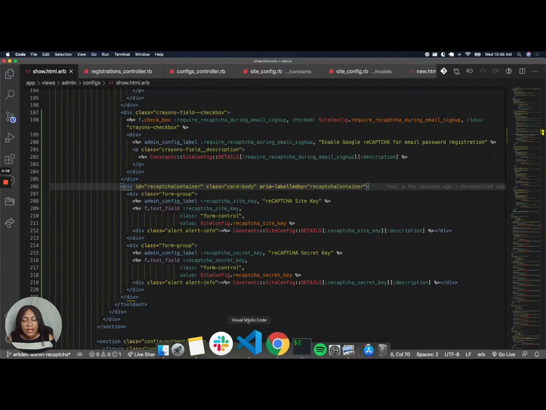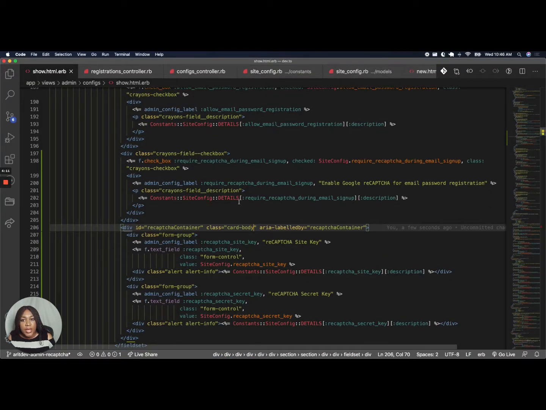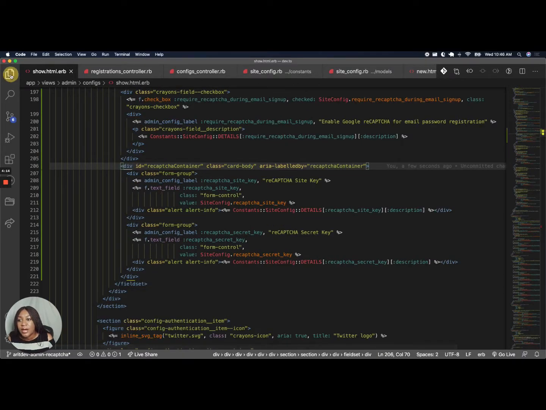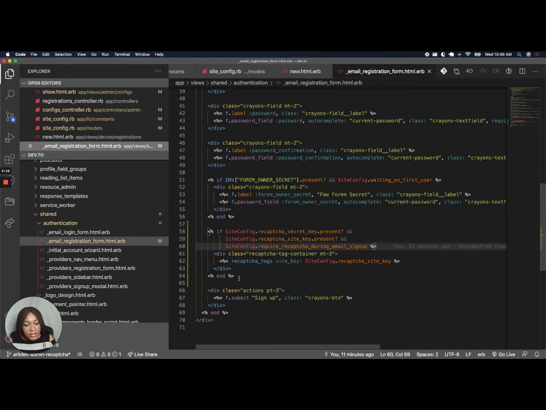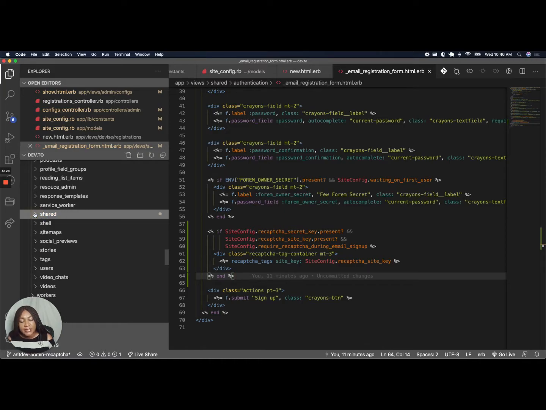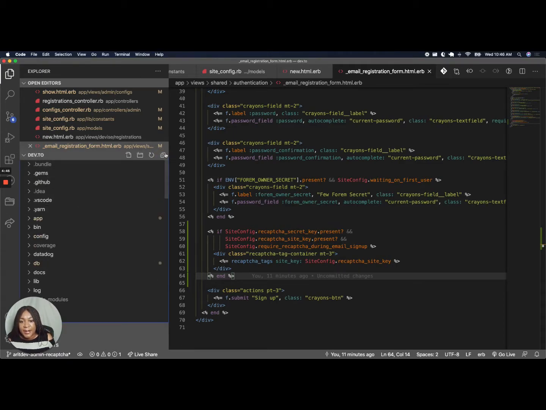In the code base, let's go to our registration form. We pulled this block of code from the feedback messages form, if you remember, and repurposed it for our use. But what I now need to figure out, and this is probably going to live in the controller, is how we actually prevent the action from happening if the ReCAPTCHA hasn't been completed. So let's go back to feedback messages, since that is what we're using to figure our way through this